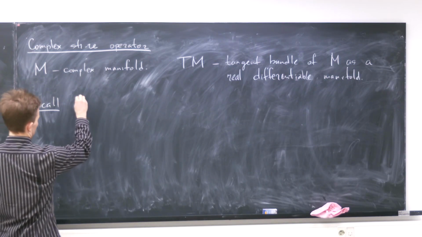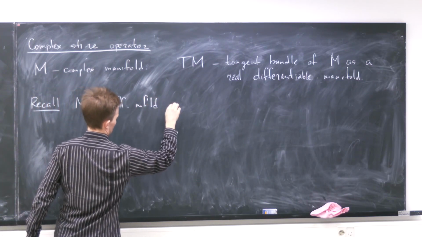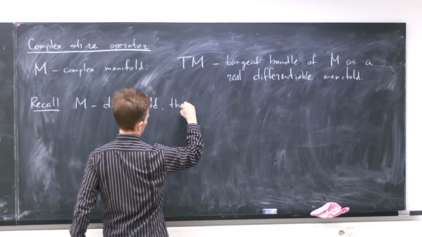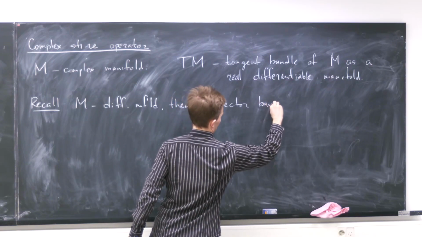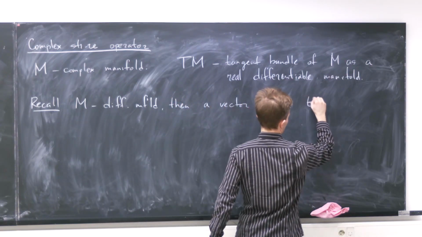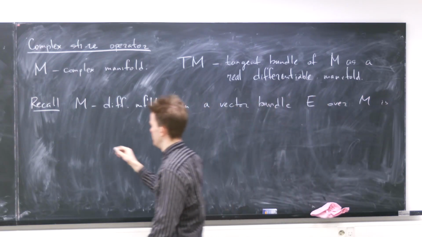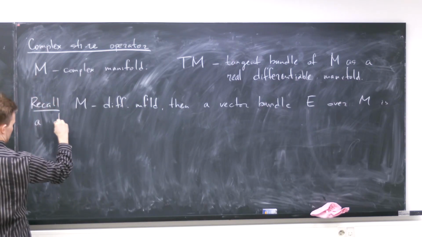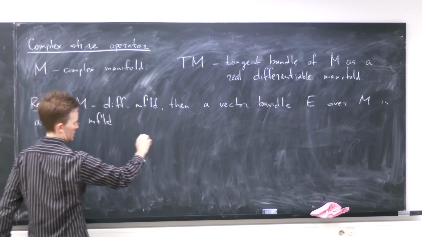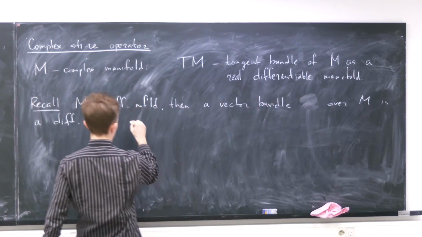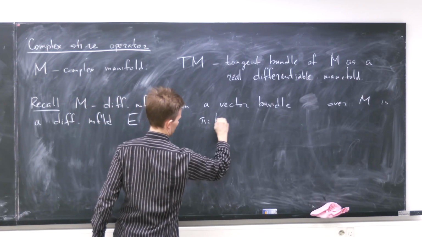I recall that if M is a differentiable manifold, then a vector bundle E over M is a differentiable manifold E together with a projection from E to M